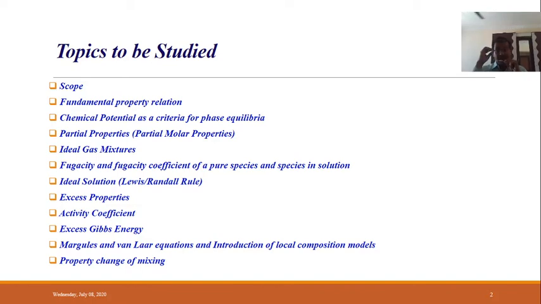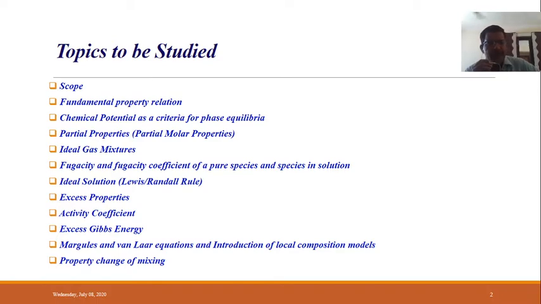Raoult's law. Then on the right-hand side, you can have a non-ideal solution and ideal gas, which is modified Raoult's law. Then the fugacity coefficient, which will take the correction in the gaseous phase, that means a non-ideal gas mixture and ideal solution. And then both are non-ideal, that is, non-ideal solution and non-ideal gas. So these are the different combinations.